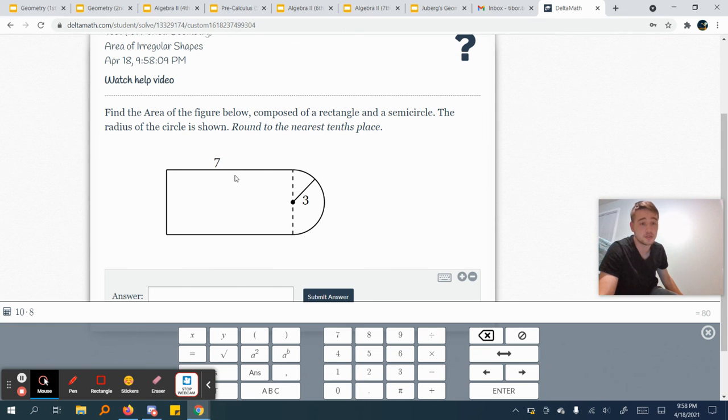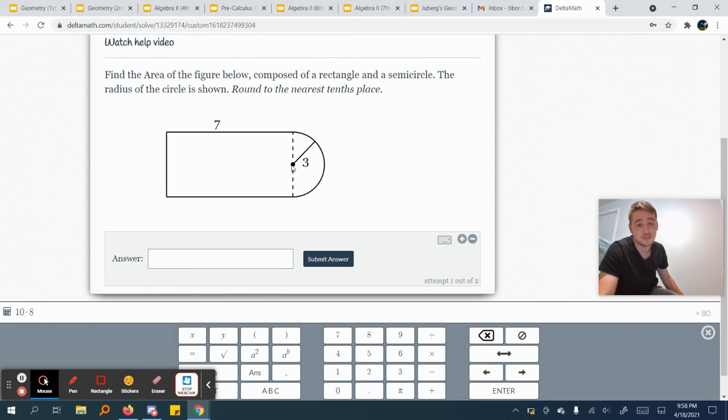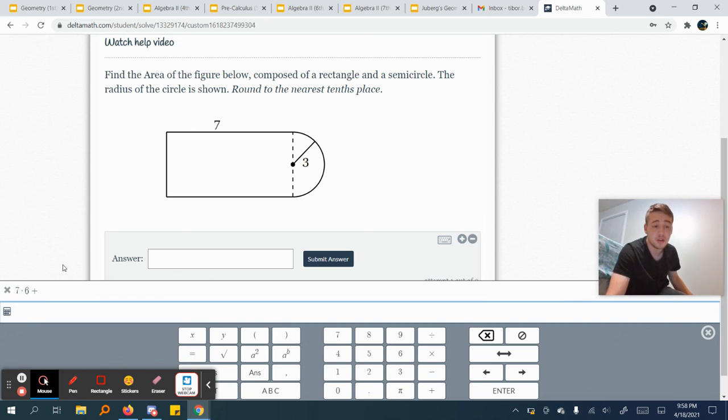This one is also a little tough. We have the radius of our semicircle shown. The diameter is going to be the height of the rectangle. So we're going to do 7 times, what's 2 times 3? 6. That's going to give us the area of the rectangle. Now we're going to do